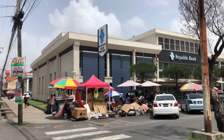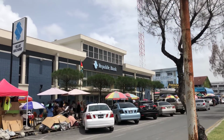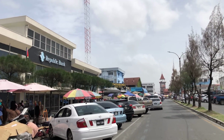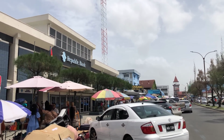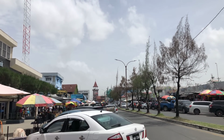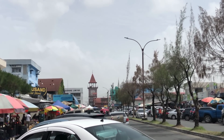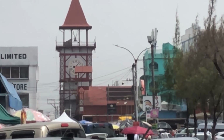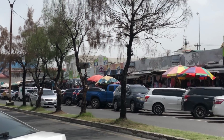And that is what we gave up, right? That is what was given up to build the Esplanade at Kingston Seawall Esplanade. So that's it, guys. That's the Stabroek Market in the distance. And this is what has happened here